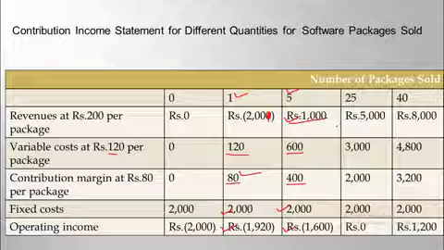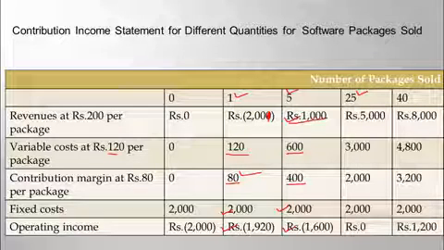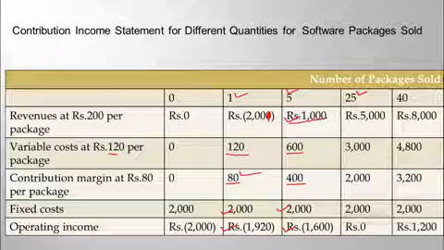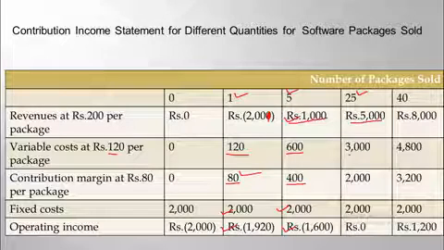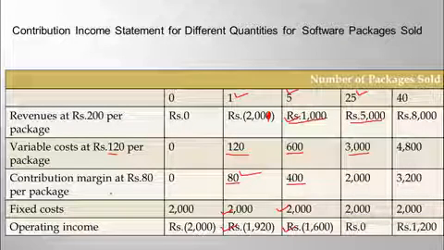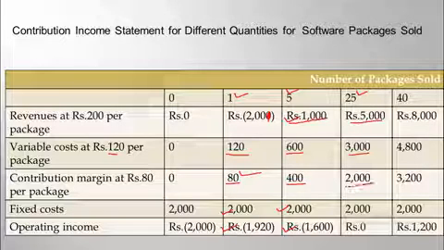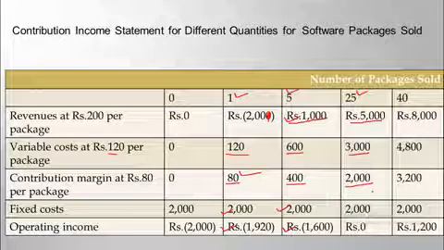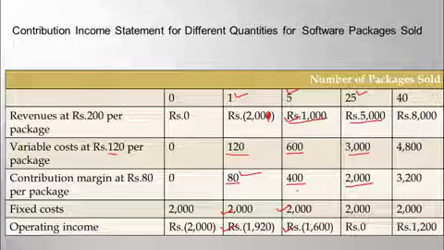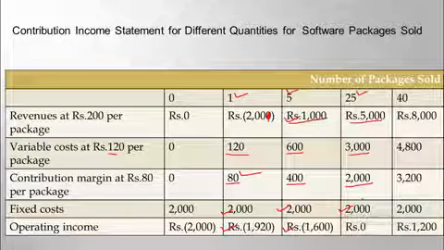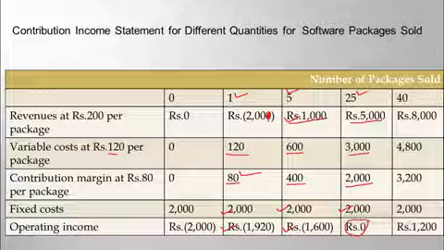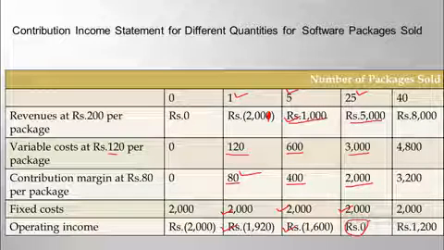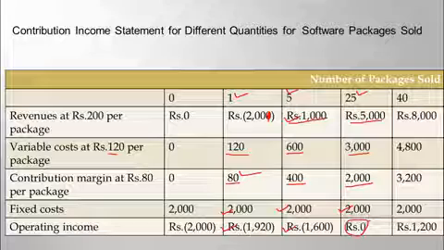Now suppose the company sells 25 software packages, then 25 multiplied by 200 is equal to rupees 5000. So sales will be 5000 rupees. 120 multiplied by 25, the variable cost will be rupees 3000. So 5000 minus 3000 is equal to a contribution of 2000. So here, as the contribution is 2000 and your fixed cost is rupees 2000, if we minus the 2000 we will get 0. So this is nothing but the break even point of the company. It means if the IT Solution Private Company sold 25 units, in that case there will be a position of no profit, no loss.